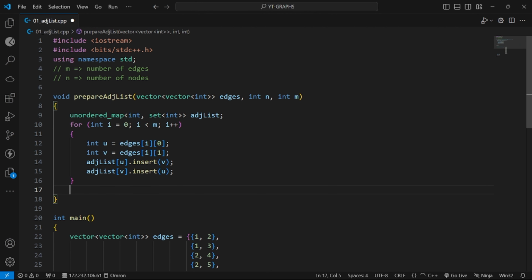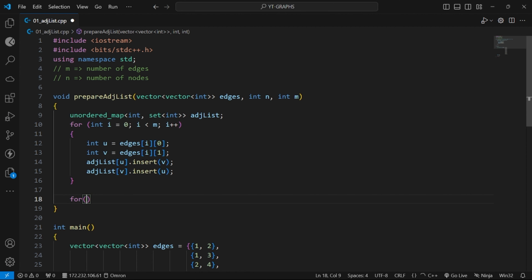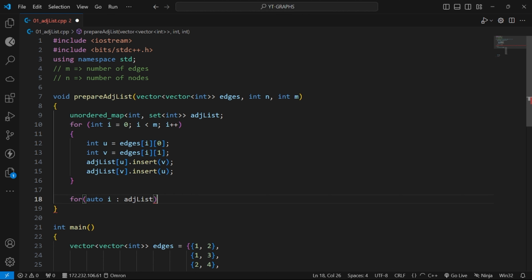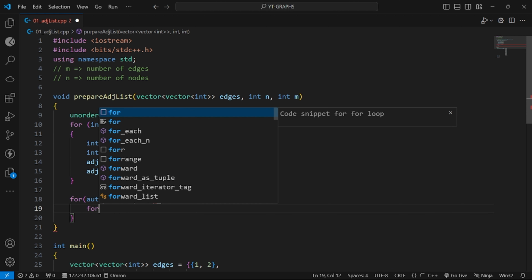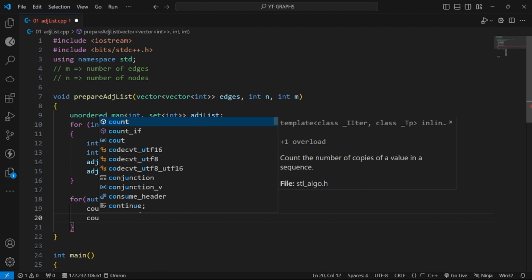So our adjacency list is ready. Now we write a for loop to print the created adjacency list.